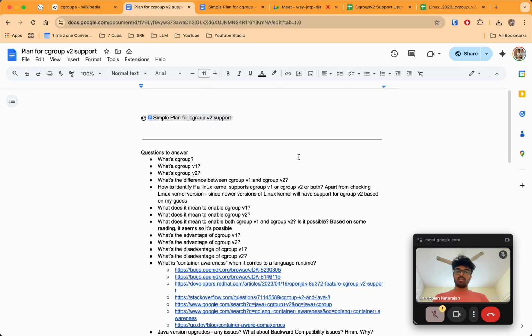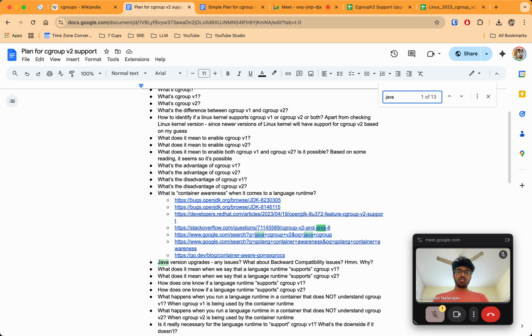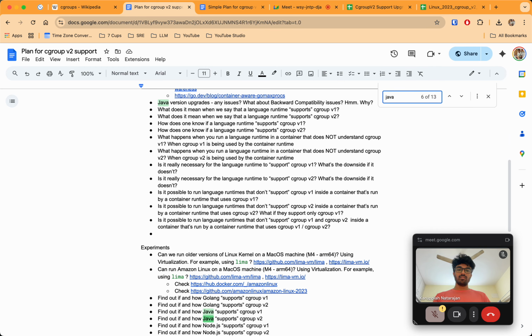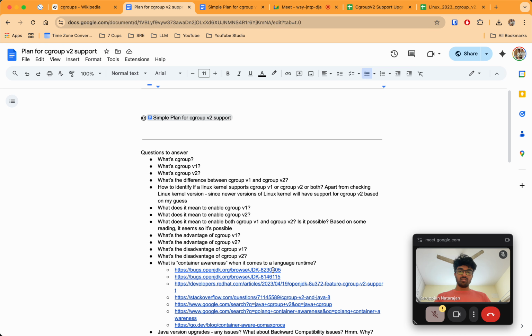Cool. So I do need to understand how it works for Java, how Java supports cgroup v2.